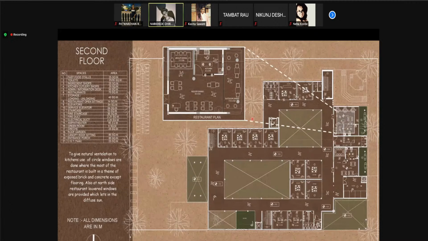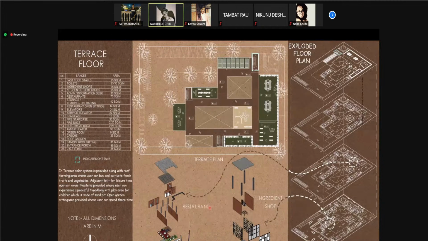In the terrace floor, there is a children's play area, a garden to sit in, and grass seating. There is also roof farming where users can get fresh vegetables and can also plant fresh vegetables and fruits. Next to it, there is an open air movie theater where users can enjoy movies in the evening. And at the top left corner, there is a solar panel which will help generate electricity for the complete bazaar